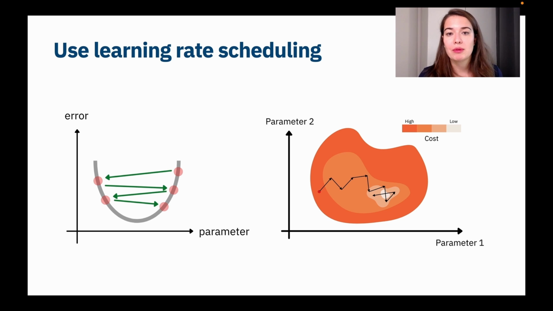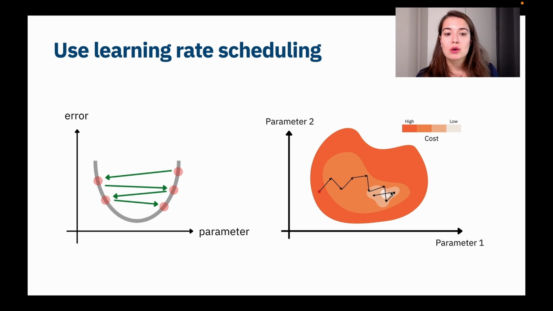So another problem that we might have is to determine a very high learning rate. And in that case, what's going to happen is that maybe we are going in the correct direction, but we are going to keep overshooting the optimum that we're looking for in terms of cost or error. So in a 1D graph, it would look like constantly going left and right and not being able to capture the minimum point. Or in a more three-dimensional picture, it could be that we make really good progress, even if we are very far, to the area where the cost is very low, but we're going to keep overshooting it,